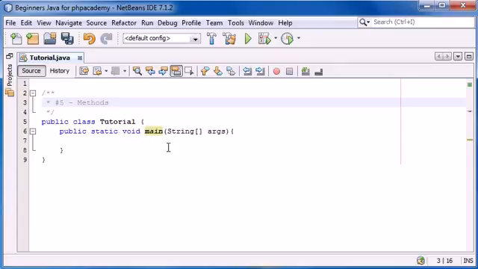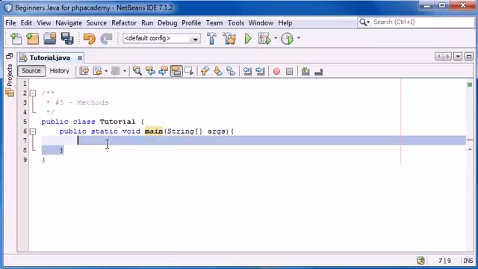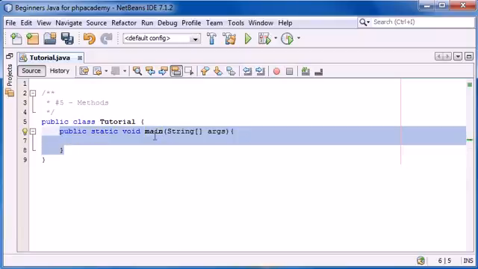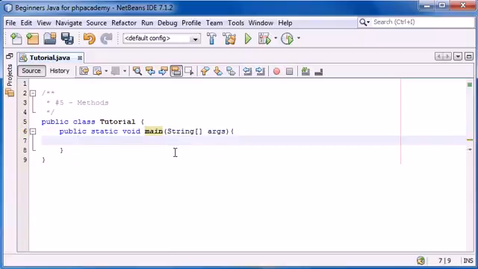And that explanation will have made no sense to those of you who don't know what a method is yet, so I'm going to teach you what they are now. So let's take a look at the main method first of all. This main method is the starting point for Java, as I taught you earlier on,